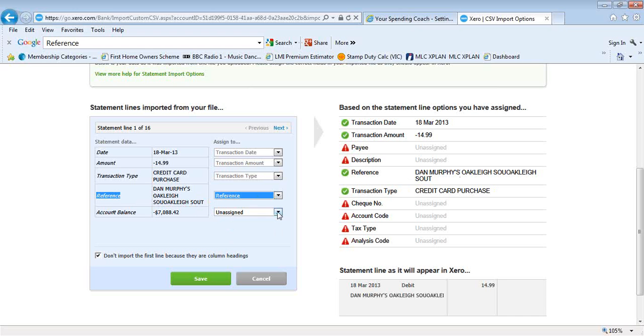And the last one's account balance. And if we try and find that in here, it's not going to be there. And the reason is that Xero has its own account balance running tally. So we just need to tell this one to be unassigned. We don't need to use it, so we're just not going to include that data to come through. Then we can hit save,